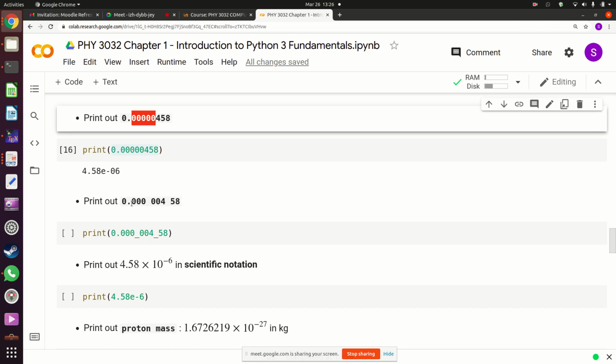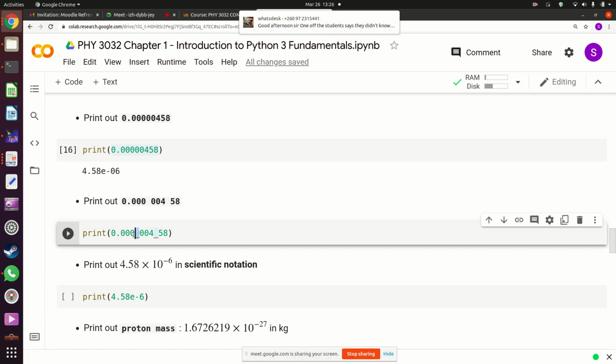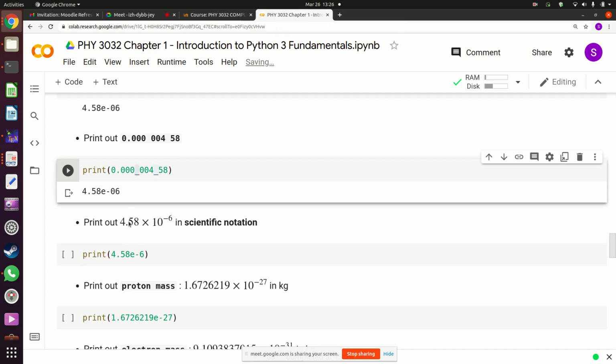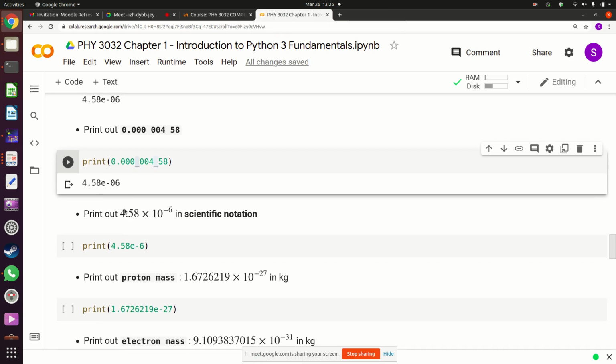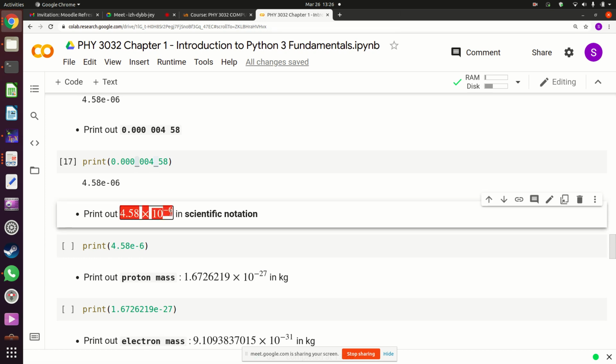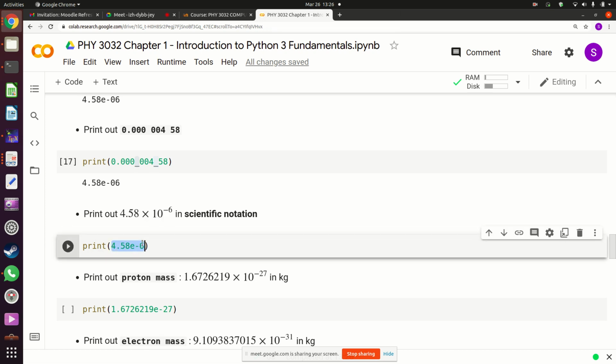The same thing is here with this one, where I have put some spaces there. And how do you put spaces? Trying to increase clarity by putting underscores there. So there's an underscore here, there's an underscore there. If you give this number to the print function, it expresses this number like this. I can also express the number in scientific notation like this. So I give it to the print function there. 4.58 times 10 to the power minus 6, that is e to the power minus 6, and when we print it,